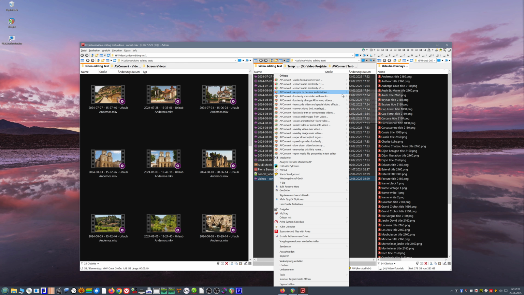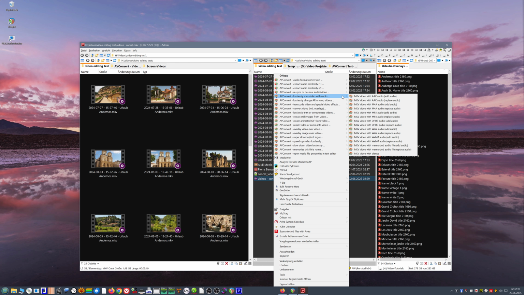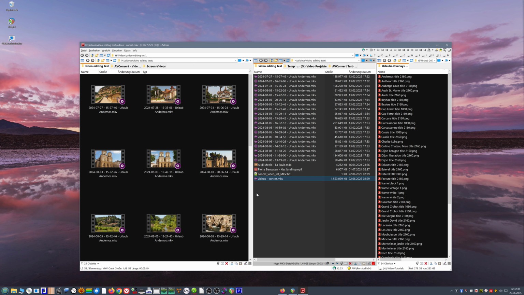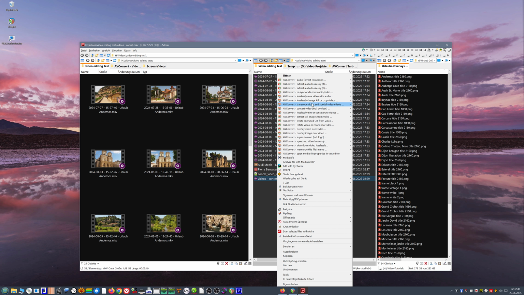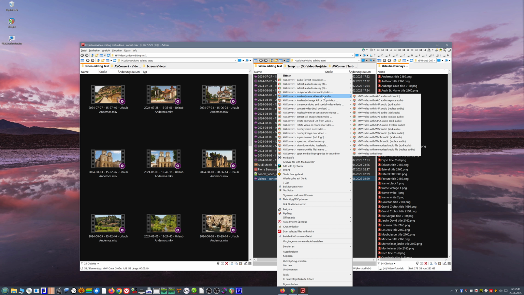Muxing is multiplexing, which is interleaving audio data with video data losslessly, and we pick the option MKV video with memorized audio file replace audio, which means that we will take the right-clicked audio file here and mux it, so interleave it with this original video, replacing the original camera's audio